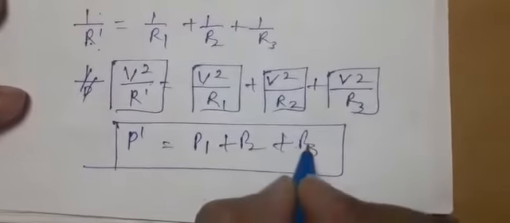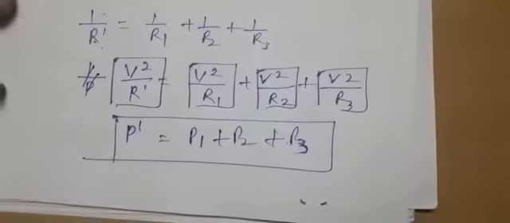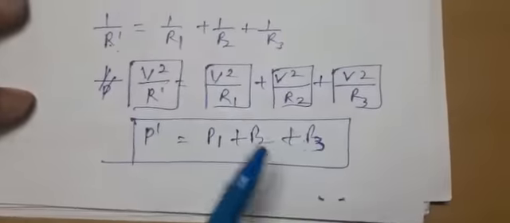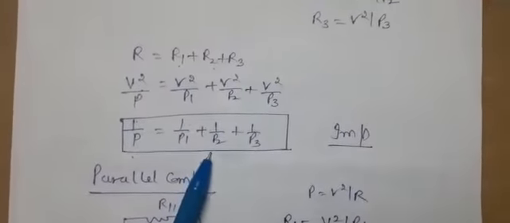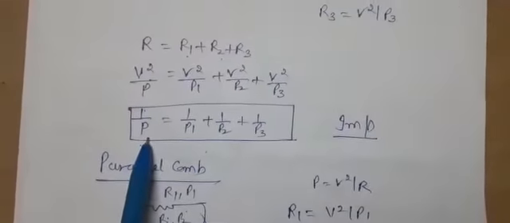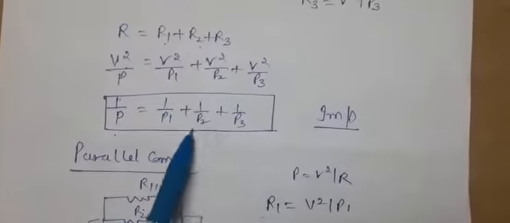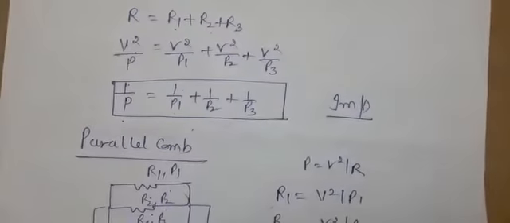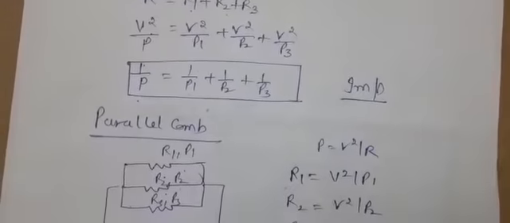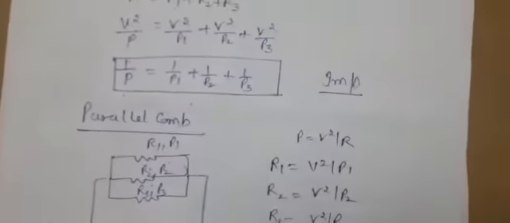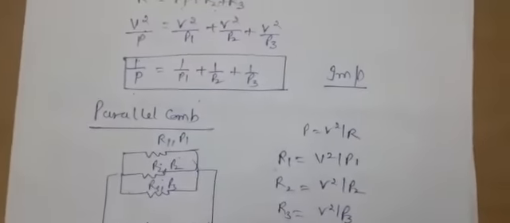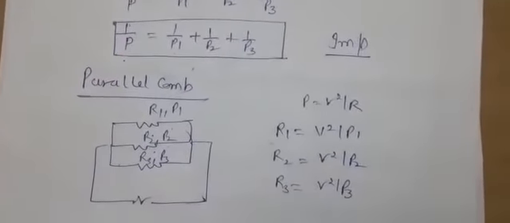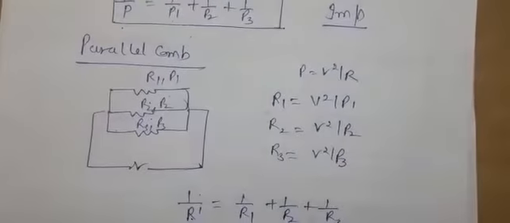So you have to learn this result. For parallel combination, total power is obtained by the sum of individual powers, and for series combination, total power is obtained as a reciprocal, equal to the sum of reciprocals of individual powers. This is a concept where 2-3 years back a question was asked in boards, where you have to find the ratio of power for series and parallel combinations of different resistors or components connected.